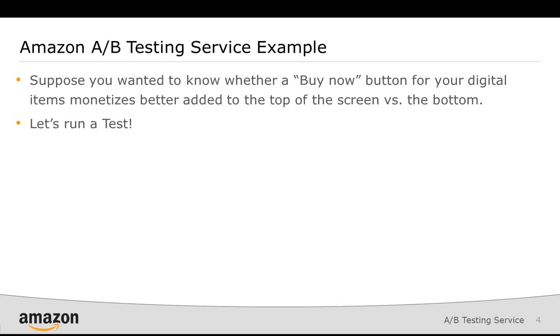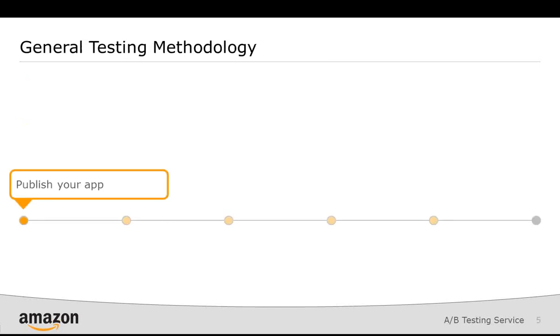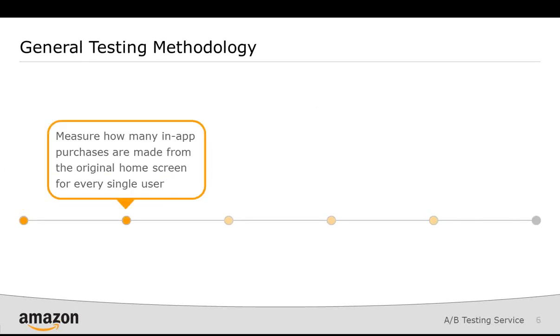For instance, should you put a Buy Now button at the top of the screen or the bottom of the screen? It's really hard to tell. Well, with A/B testing, you can try both ways and evaluate. I mean, running a test is actually very straightforward. There are actually many ways to design such a test, but it might be helpful to look at the more basic approach first. This is a very common approach used in mobile app development, and it essentially boils down to